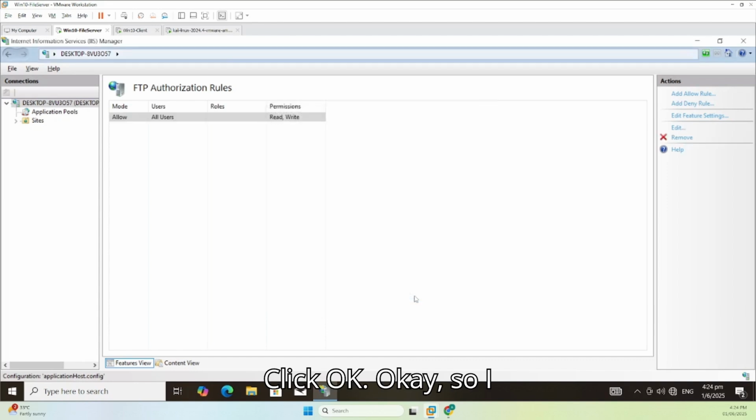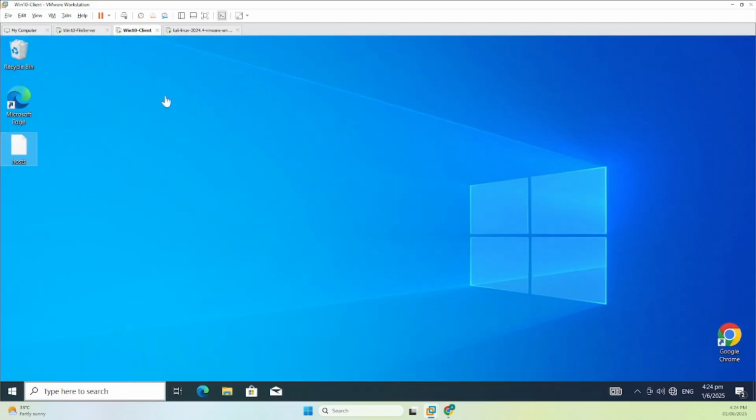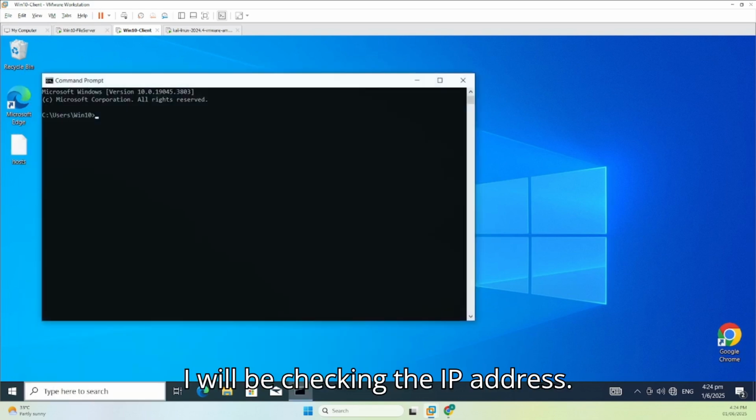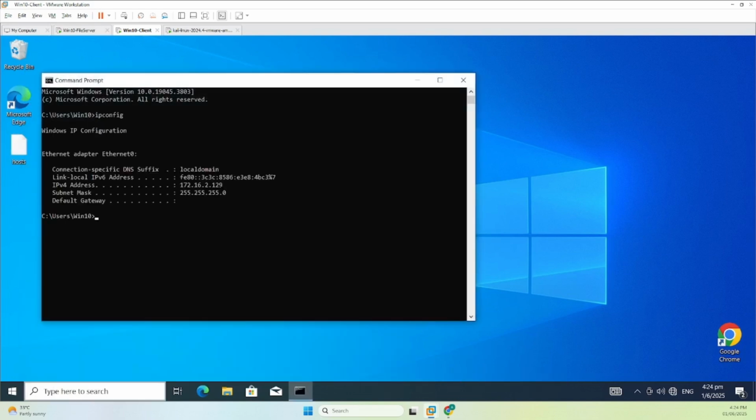Click OK. Okay, so I have completed setting up the FTP server on my Windows 10. Now I will be going to my Windows 10 client. I will be checking the IP address. Okay, my IP is running on